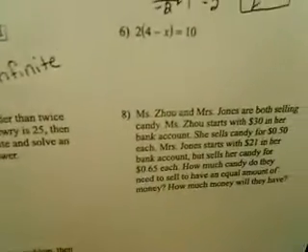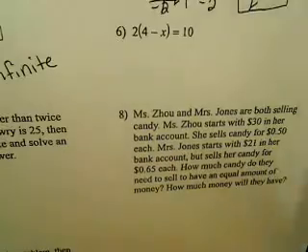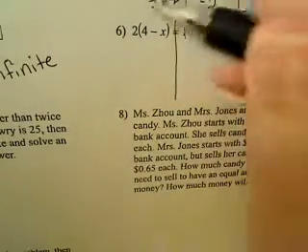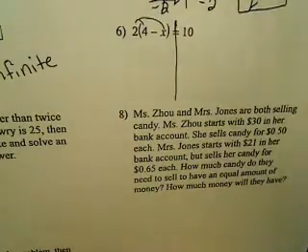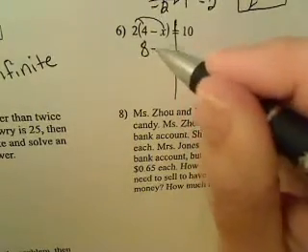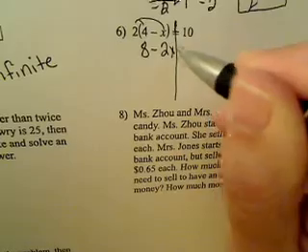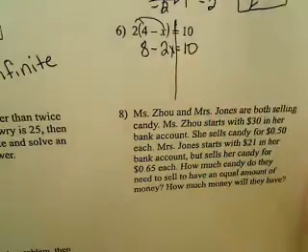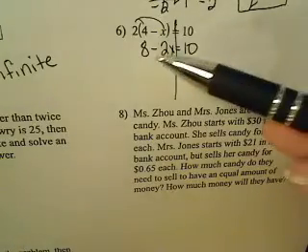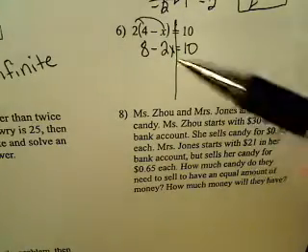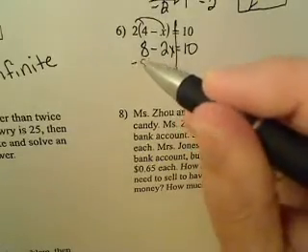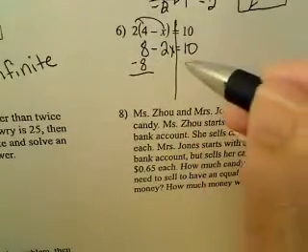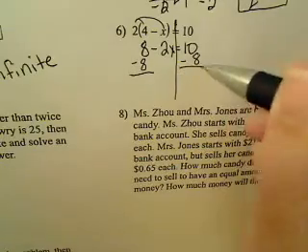Here we go. For this problem, first step is distributive. So we're going to multiply what's in front times everything on the inside. So that gives me 8 minus 2x equals 10. Now it's time to do the inverse of adding or subtracting because this is a two-step equation. Well, this is 8, so the inverse will be to subtract. So I get 10